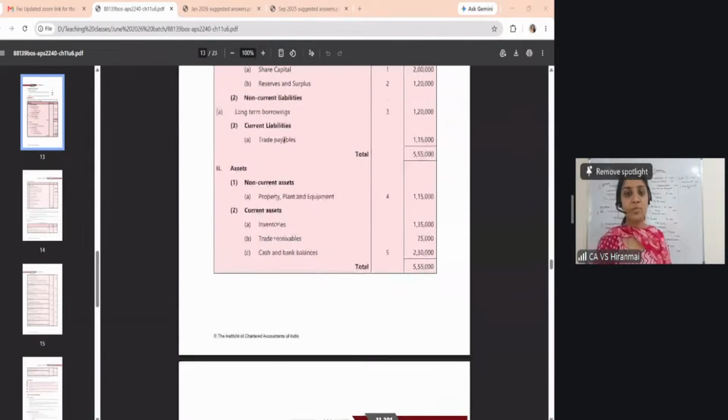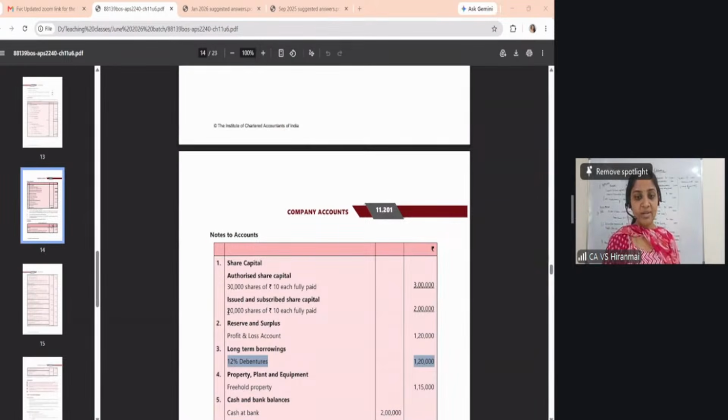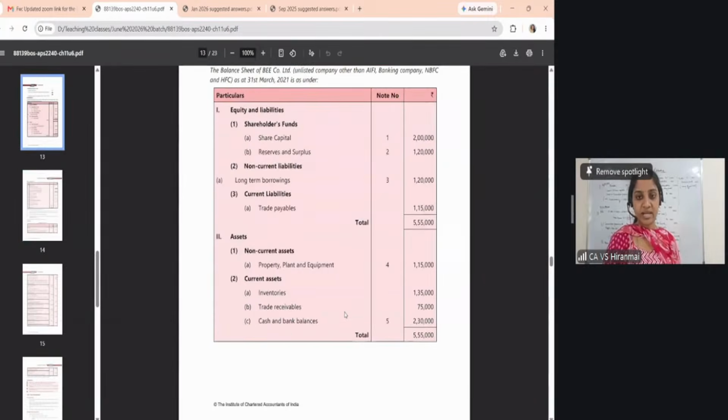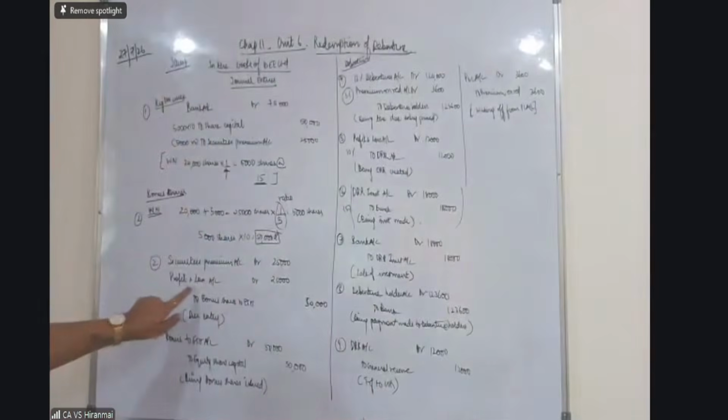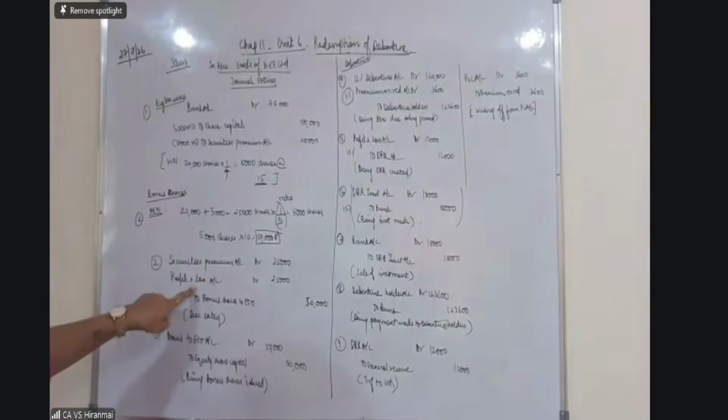Even if they're asking for the balance sheet, it will be easy for you people. Share capital you have to increase. Now what has happened? 20,000 shares, 5,000 plus 5,000, 30,000. Authorized is also 30, issued is also 30. So it is equal. So this becomes 3 lakh rupees here. Now come to reserves and surplus. In this reserves and surplus, securities premium of 25,000 will get added. Again, what you utilized for the bonus issue, subtract it. Over. Now out of 1,20,000, please see, out of 1,20,000 in your P&L, you have used 25,000 here, so